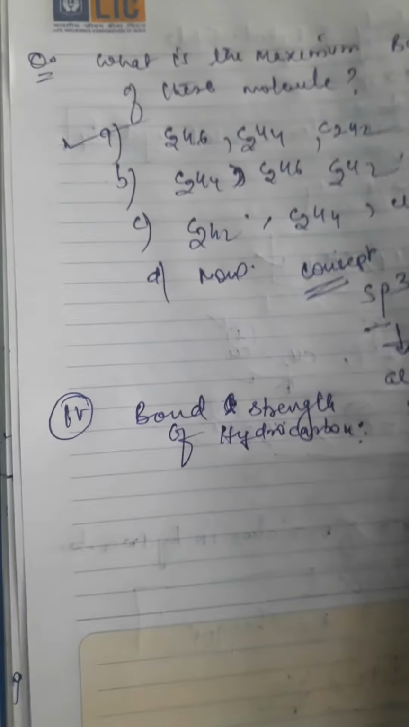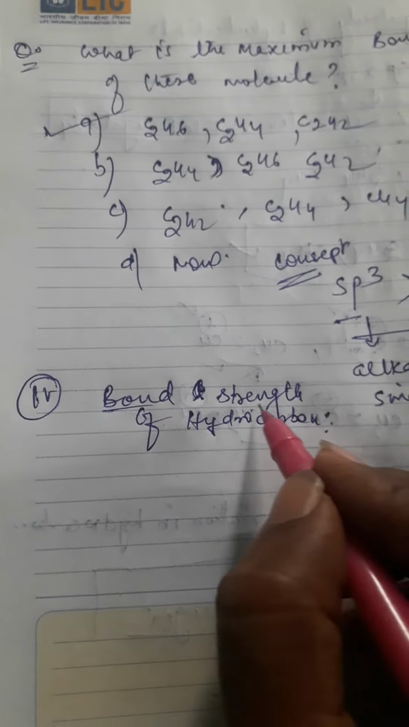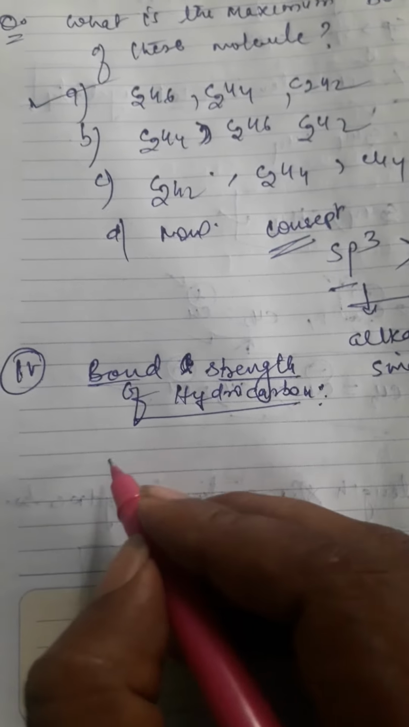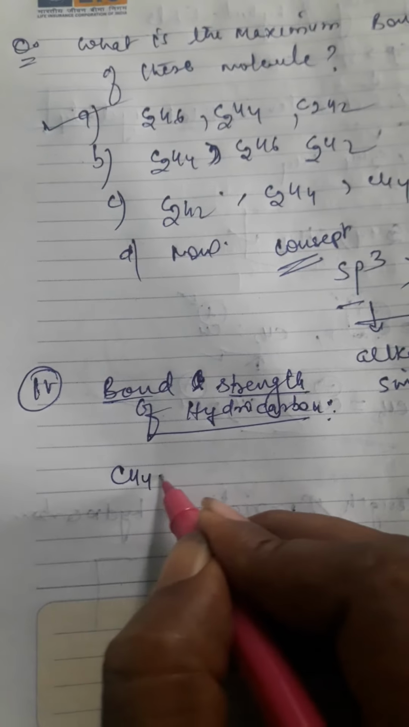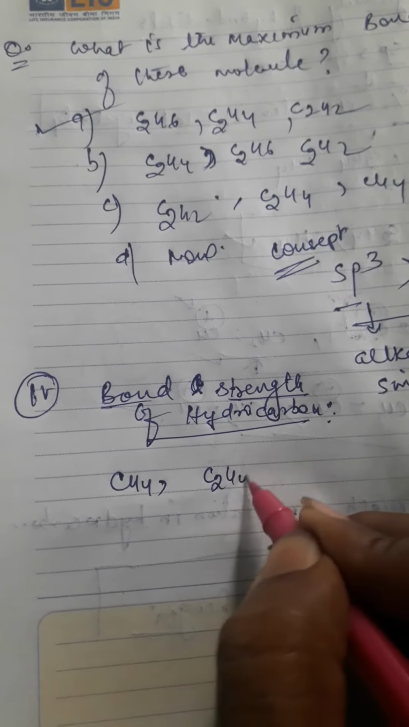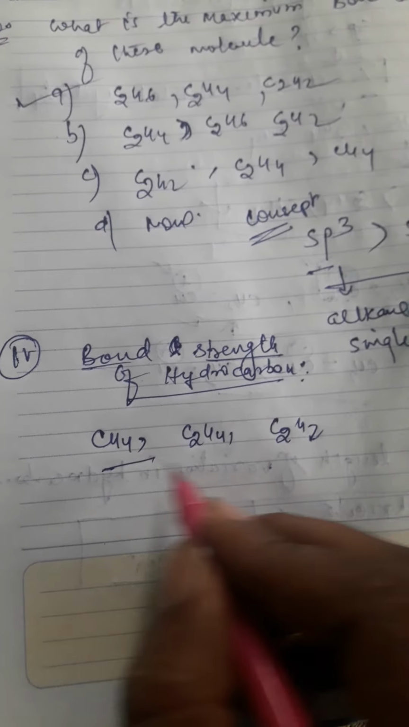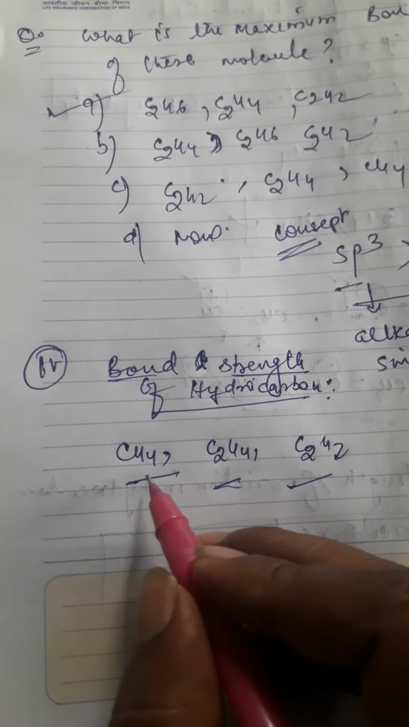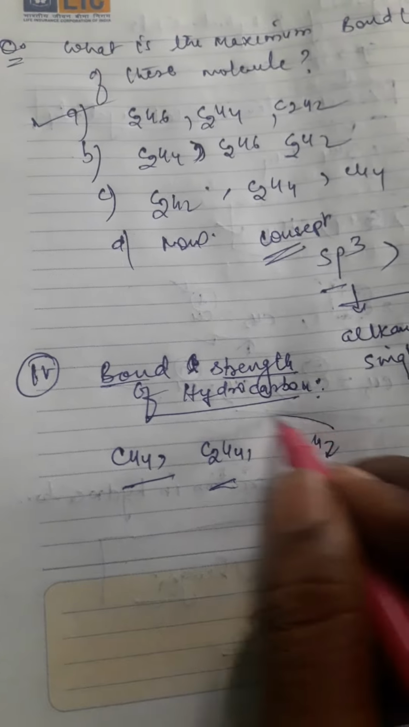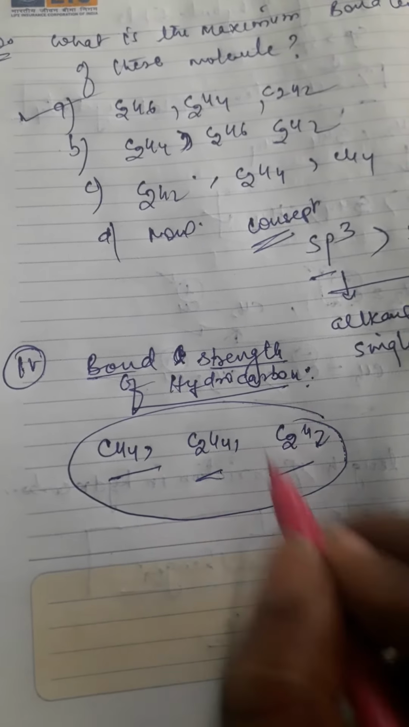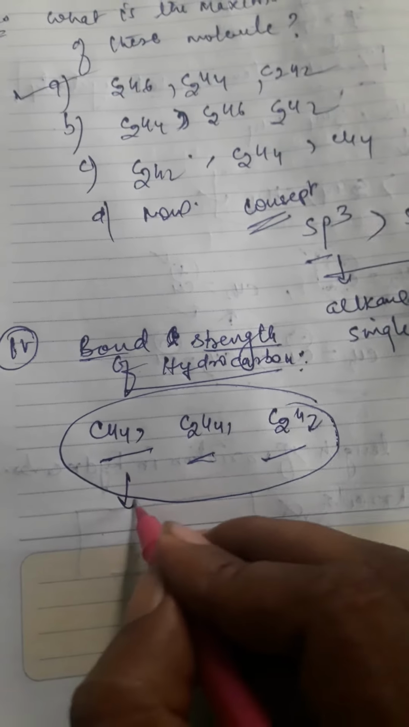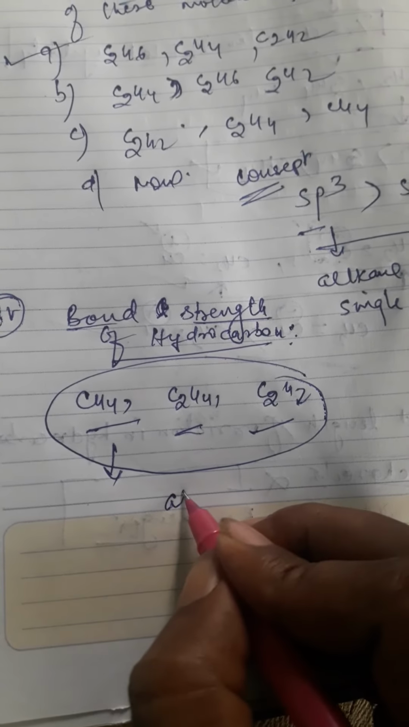Okay, so bond strength of hydrocarbon means, suppose that this molecule is given: C2H4, C2H2. The question asked is what is the bond strength of this molecule, meaning which molecule has much more bond strength compared to the three. Okay, so you can also write down that alkane